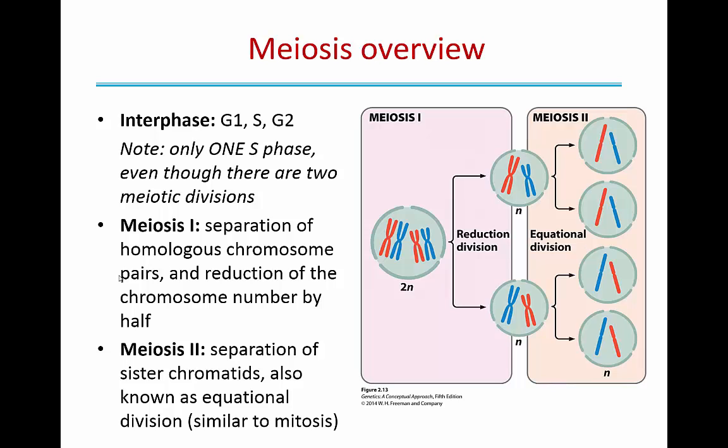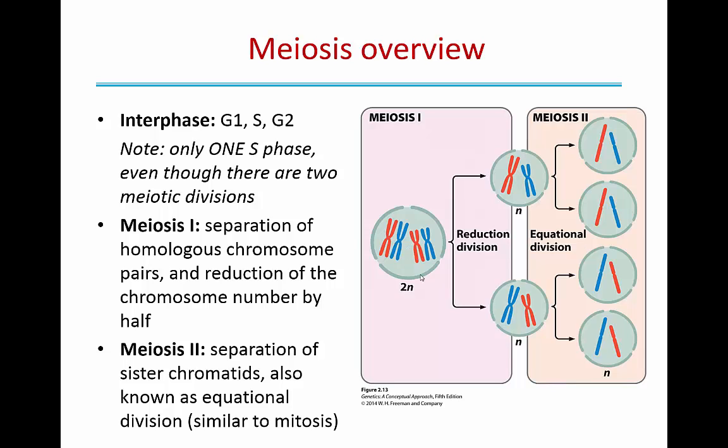What happens here is that homologous chromosomes locate each other in the cell. And I want to point out that in mitosis, homologous chromosomes completely ignore each other. But in meiosis, those homologous chromosomes find each other and they line up. And then each of those pairs of sisters that are the homologous chromosomes separate from each other into the two